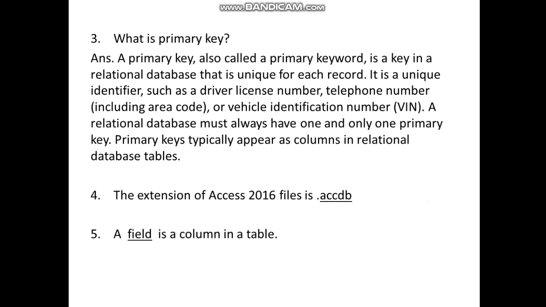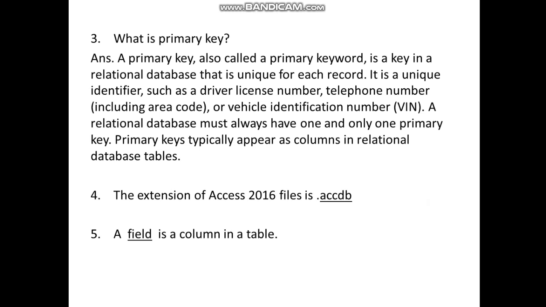It is a unique identifier such as a driver license number, telephone number including area code or vehicle identification number (VIN). A relational database must always have one and only one primary key. Primary keys typically appear as columns in relational database tables.